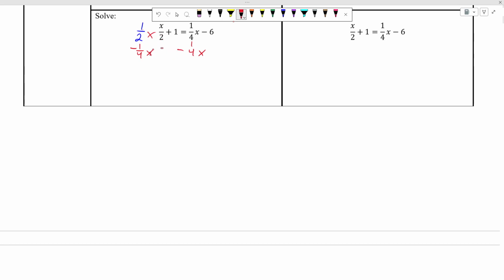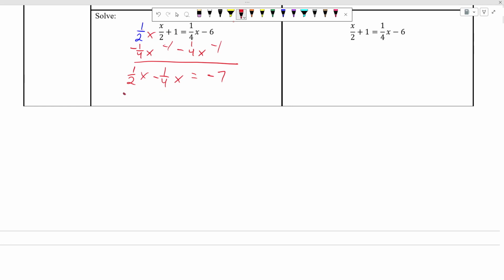Again, if I'm going to move everything to the left, that appears to be what I'm doing, I'm going to go ahead and get rid of this 1 and get rid of this and there. Do everything in one line. Okay, so now I'm left with 1/2 x minus 1/4 x equals -7. So let's see, I got a 1/2 x minus 1/4 x. What I need to do is